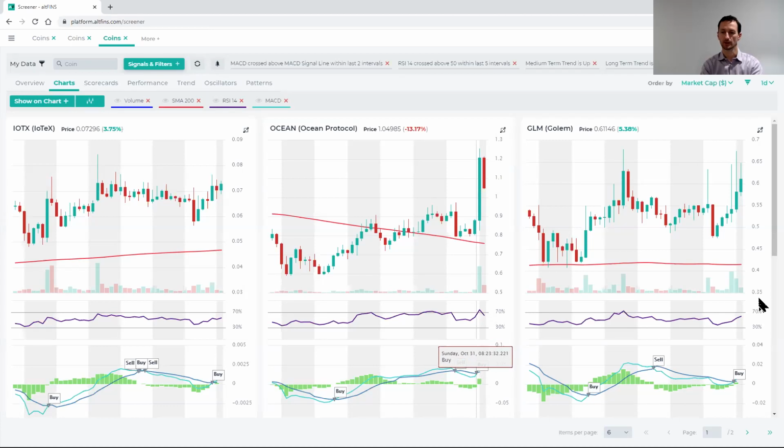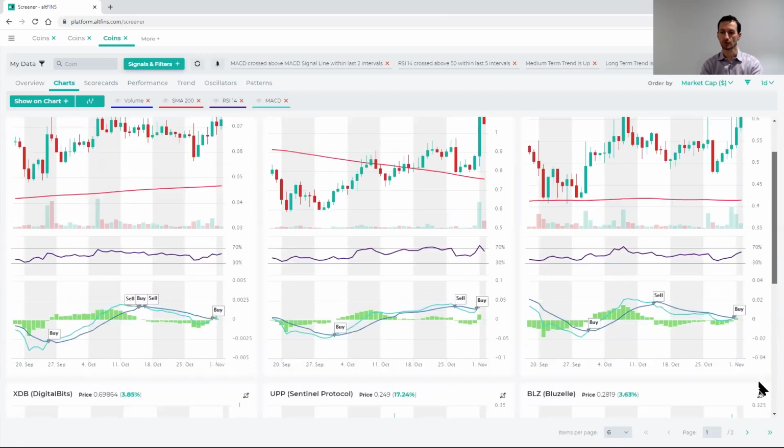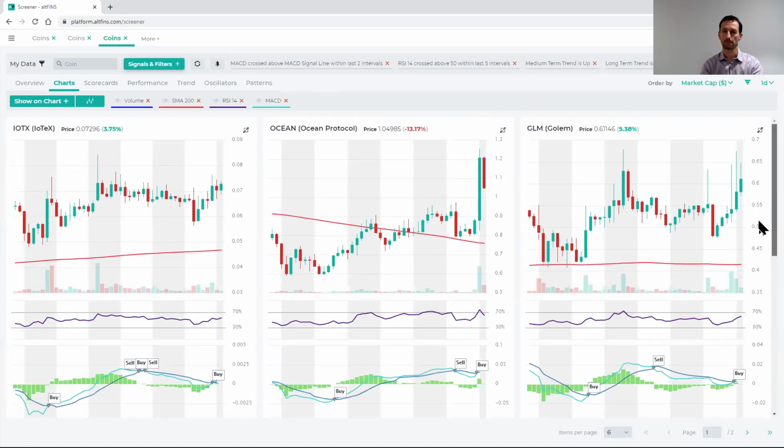Similarly here, you're going to have the same results. Buy, confirmed by a bullish crossover, and so on and so forth. Great. And then the last use case for RSI,